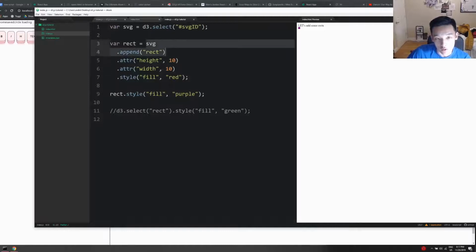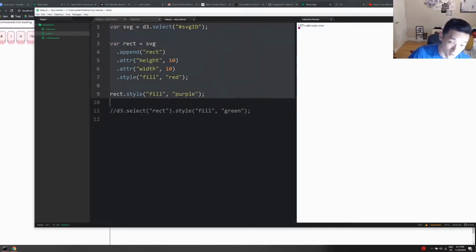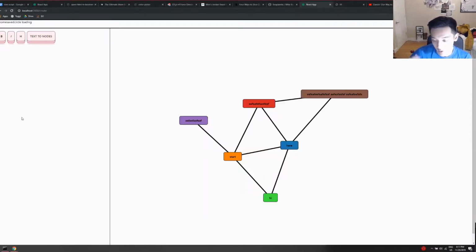Actually, let me take my words back. This is somewhat like a chain function, or somewhat like, I forgot what it's called, promise function, where this is almost the callback of this thing, and this is the callback of this thing. But you know, this is the syntax of D3, and it's not the most pleasant looking unless you have messed with something similar. But we gotta cover that first,